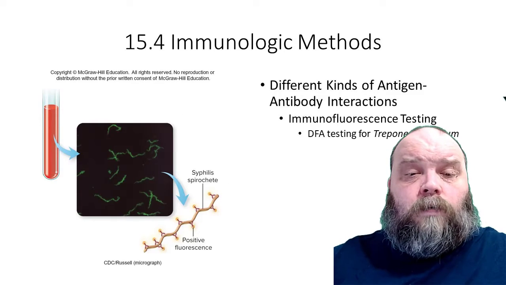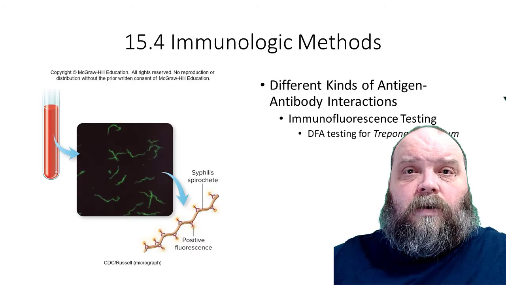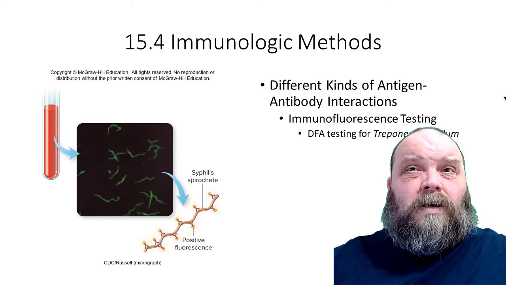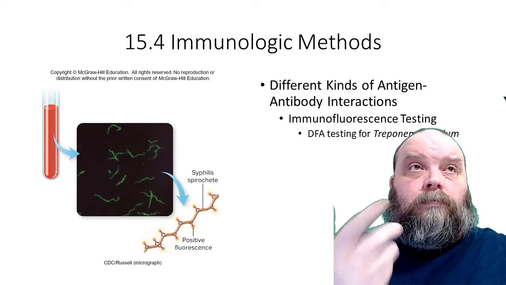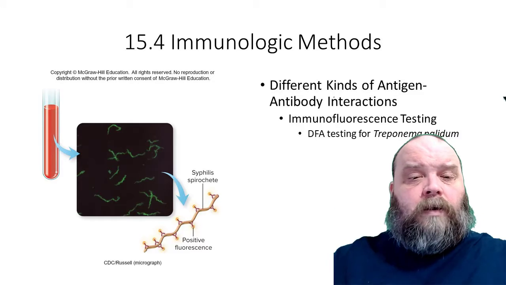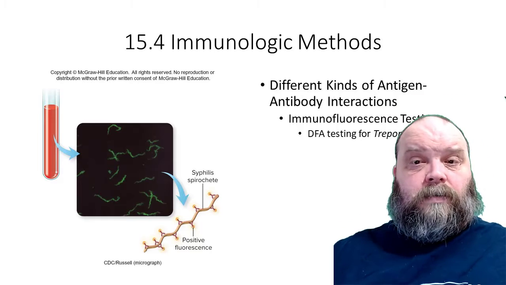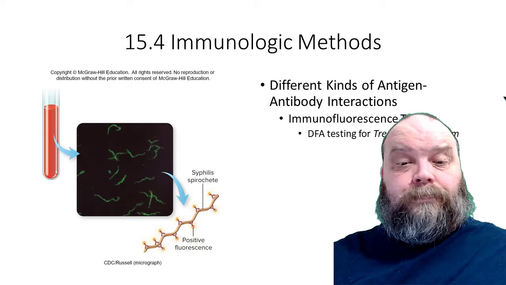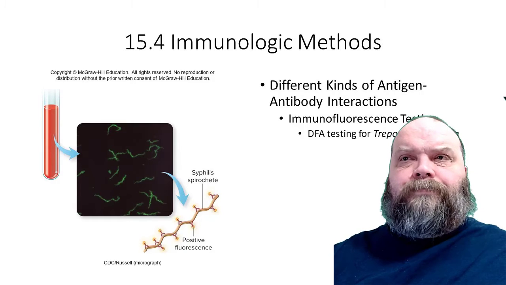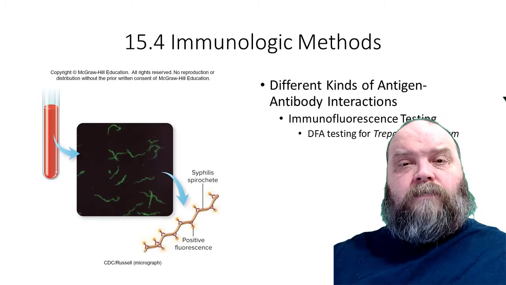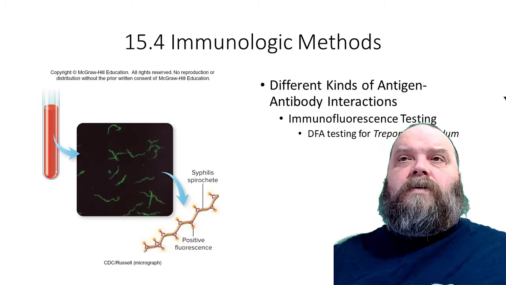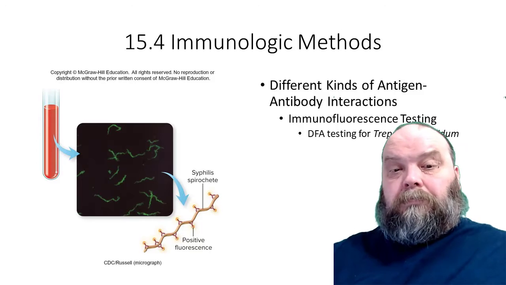And then we can also take a microbe, one that's going to be hard to culture in the lab, one that's going to take too long to culture. Well, we take that microbe. An example is syphilis, Treponema pallidum, the syphilis bacteria. It's hard to grow in the lab. It takes time. So what we've done is we've taken the bacteria, we've injected it under the skin or in the bloodstream of rabbits. Okay?